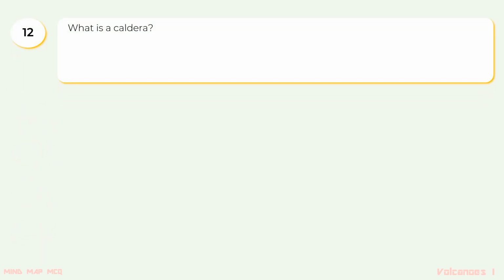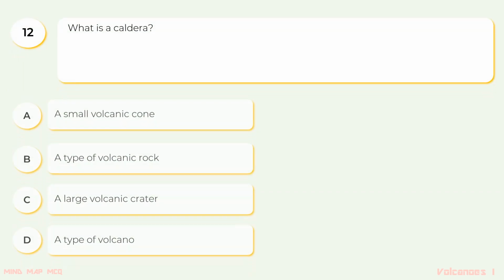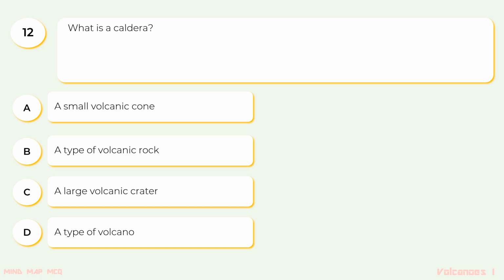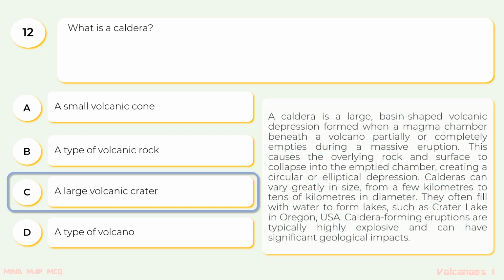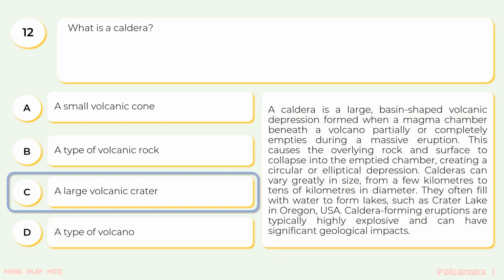12. What is a caldera? The options are A. A small volcanic cone, B. A type of volcanic rock, C. A large volcanic crater, or D. A type of volcano. The correct option is C. A large volcanic crater. A caldera is a large basin-shaped volcanic depression formed from when a magma chamber beneath a